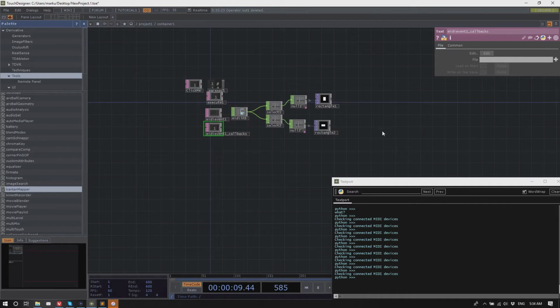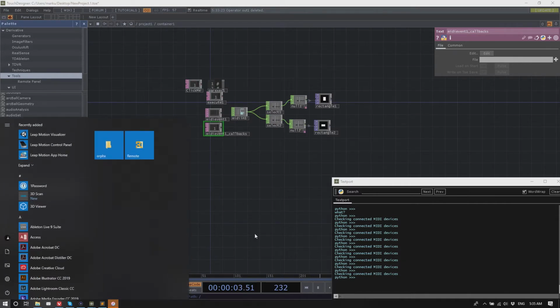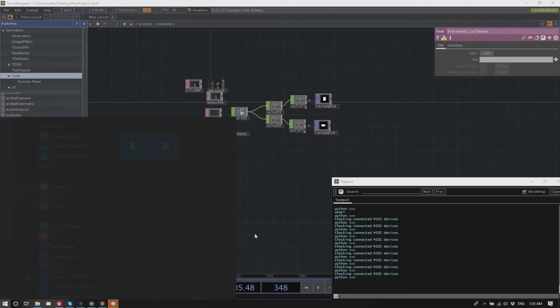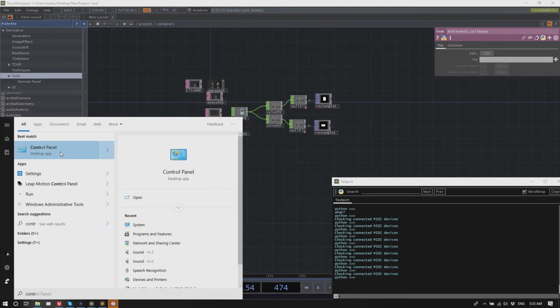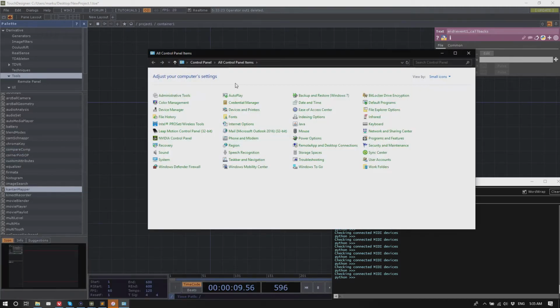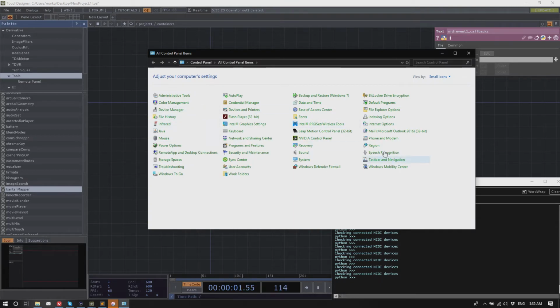Does it get installed? Actually, I need the device first.